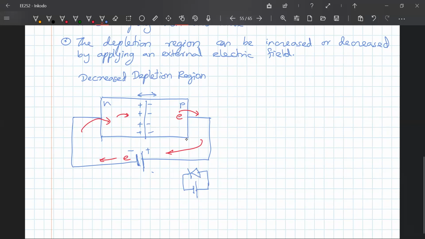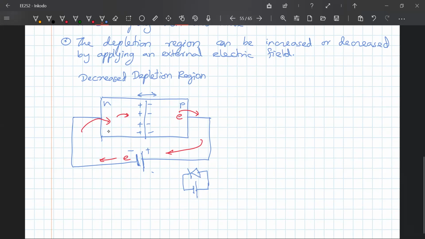If I increase this battery voltage further, more electrons will jump and combine with this area where you don't have the electrons, and these electrons will be taken out, and after that there will be no depletion region, meaning that you can then support the current. So this is why a diode needs a minimum forward voltage of about 0.7 volts for silicon diodes to have a current. Less than that, there will be no current